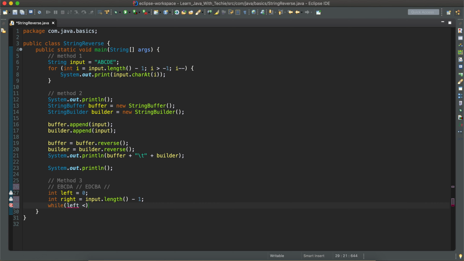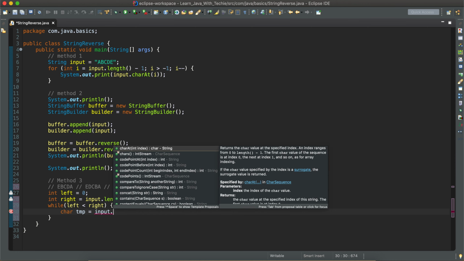The left value should always be smaller than the right value. This is the condition, and we are going to swap the elements of left and right in each and every iteration. So let me set a character value temp equal to input dot.